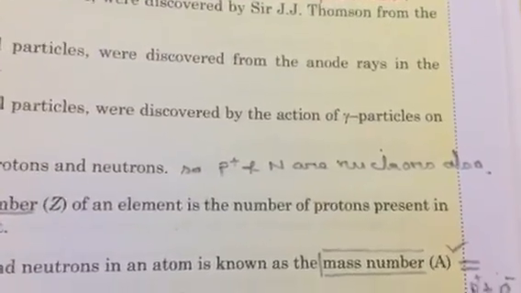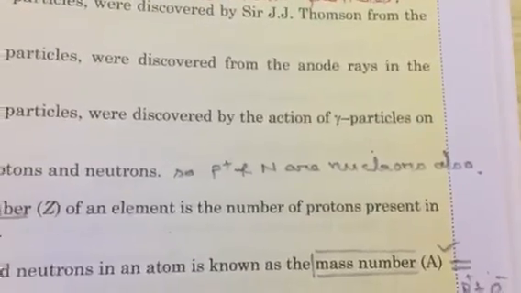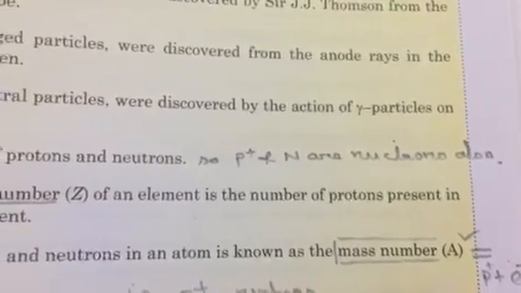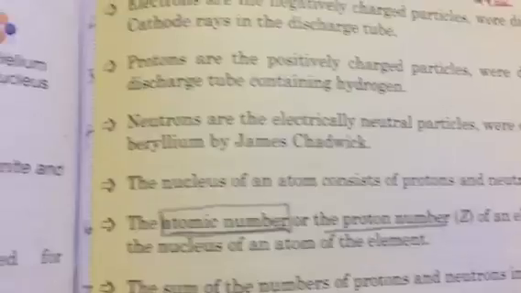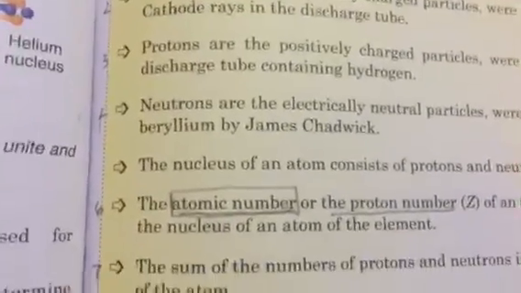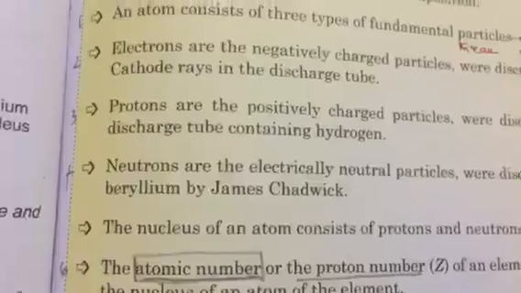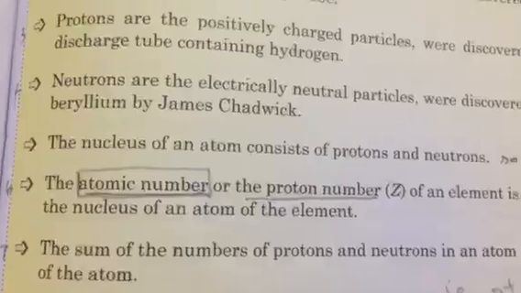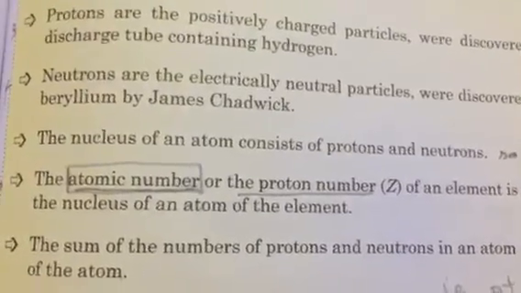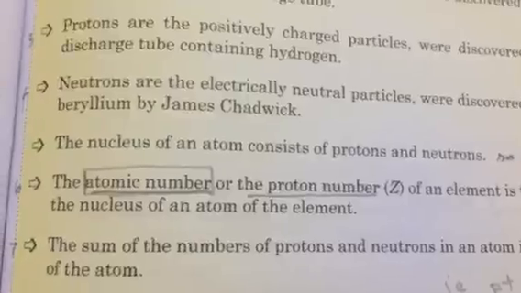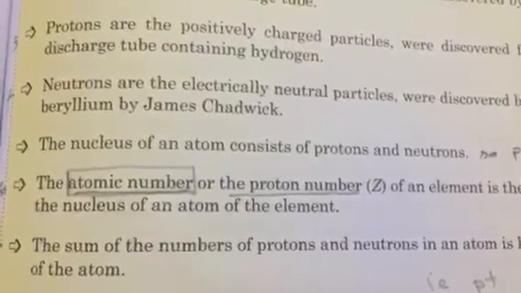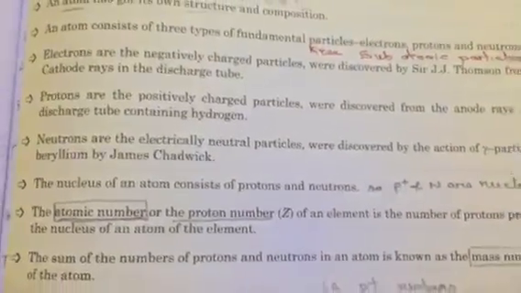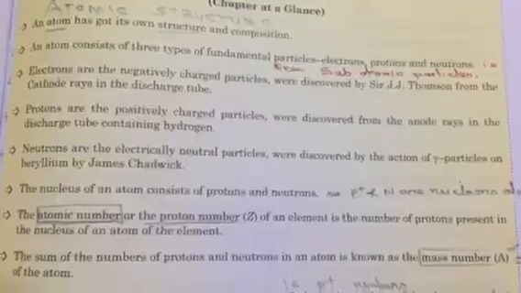And now just above that you will see I marked for you: proton and neutrons are also known as nucleons. This is what you studied in the lower class. Remembering this point, atomic number and mass number. Mass number is the sum of proton and neutron. Then you can denote it A equivalent to P plus N. This is already studied in the lower class, so recall it and go further.